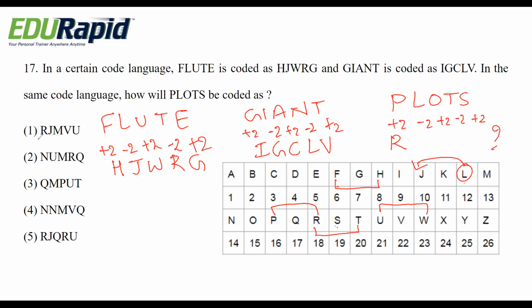So R is present in the first and the fifth option. So it varies with the third letter. Let me check with O. It is plus 2. For O it is Q. So Q is present in the fifth one. So here none of this is present, so no need to check the remaining one. Just put option 4 as the right answer, because the first letter and middle letter are matching.